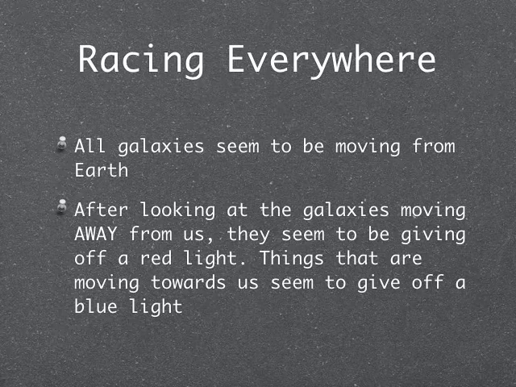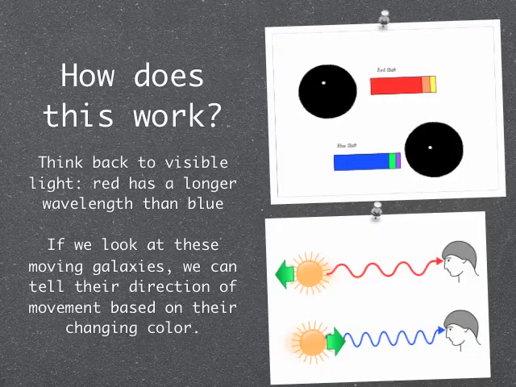And the things that move towards us tend to give off a blue light. This is that red shift and blue shift that were your vocab words for last week, and I think again this week. So if we look at the picture on the top right-hand corner, red objects tend to look more red as they move away from us. An object that has kind of a blue color to it, if it moves towards us,